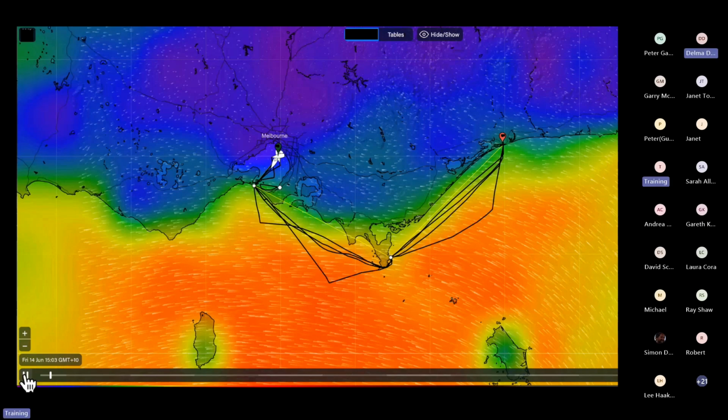We're using departure planning and Predict Wind, and it's looking at the models as it starts. This one started on Friday, as you can see, and you